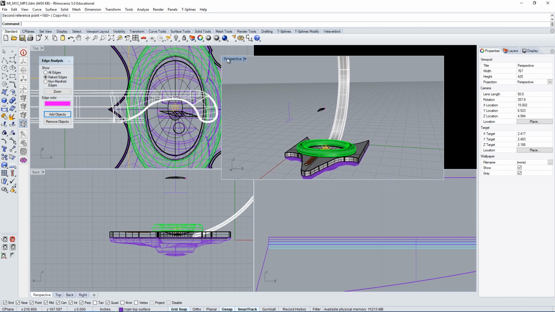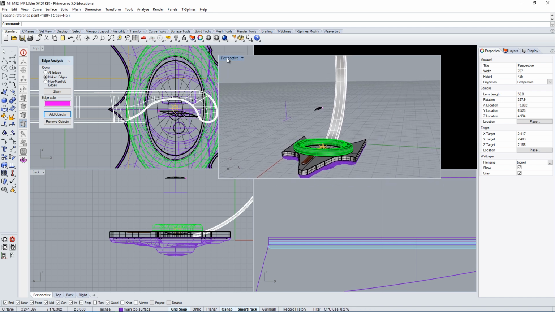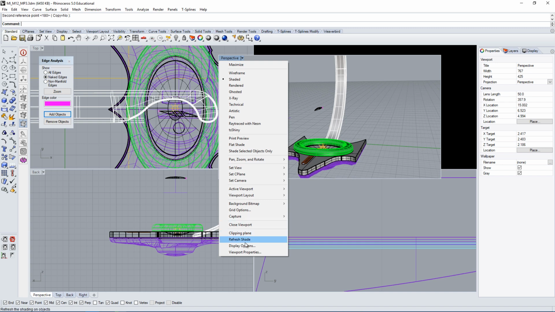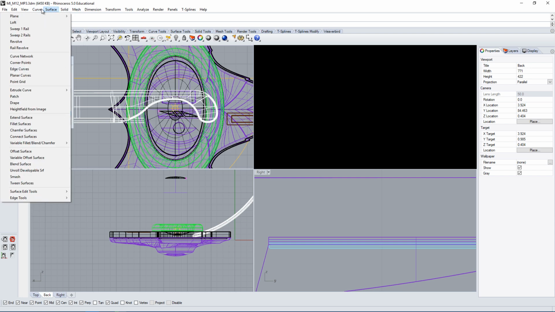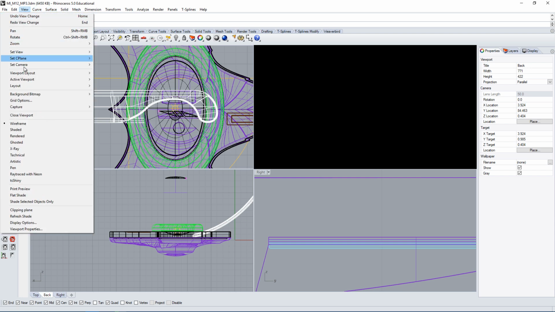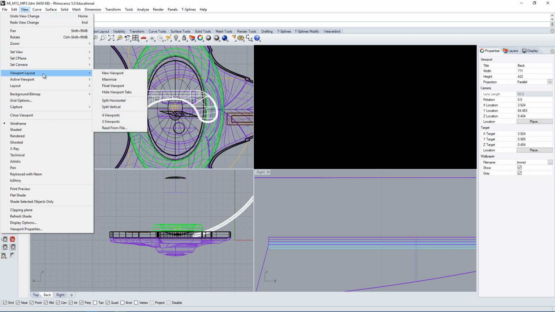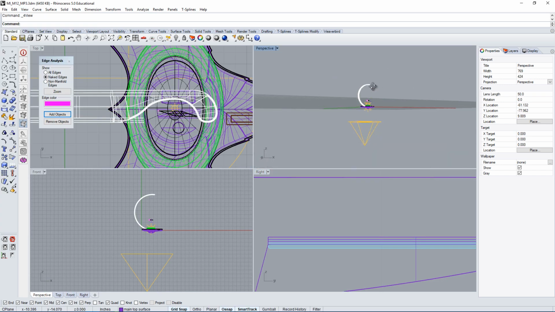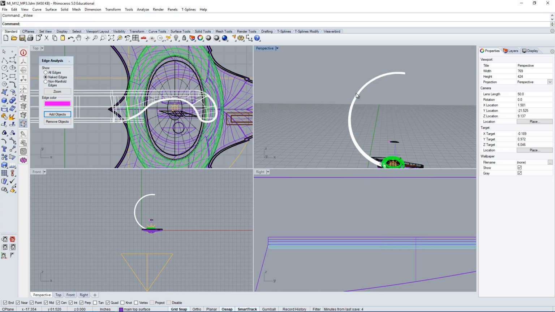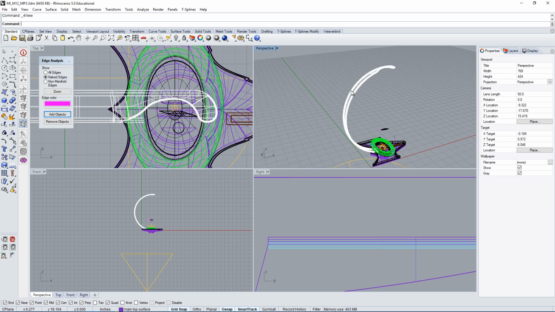The quick way to do it is you just take the perspective view, do a right click on it, and you can just close the viewport. When you close the viewport, you can get it back by going on the View. Within the View, you have a Viewport Layout, and if you reset your 4 viewports, the 4 viewports default out here, it's going to fix this kind of view changes that you may have made with Shift and Alt.